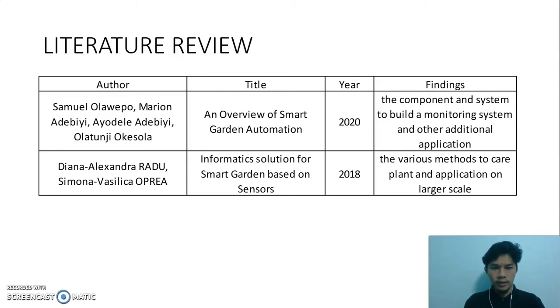It talks about the various methods to plant a garden, from using hydroponic, which is the usual, where they use water instead of soil, and then aquaponic, where they use fish farm wastewater to supply the nutrient to the plant, and then recycle the water back into the fish farm. And then it also uses aeroponic, which doesn't use any medium at all. They spray a mist that contains nutrient into the plant's root.